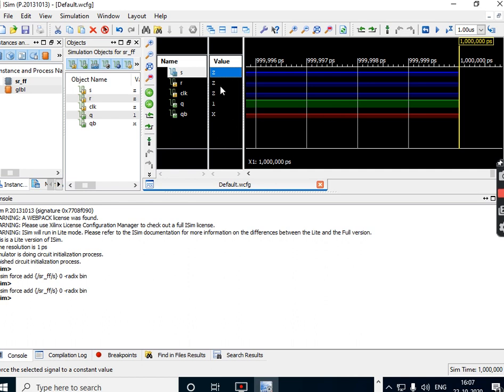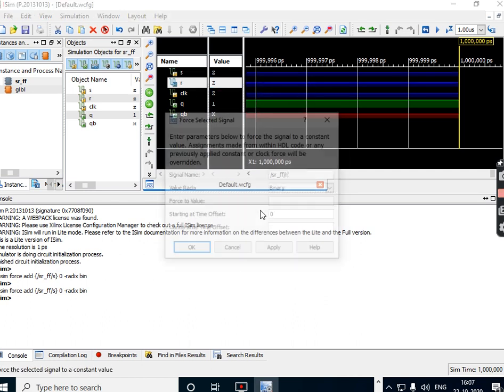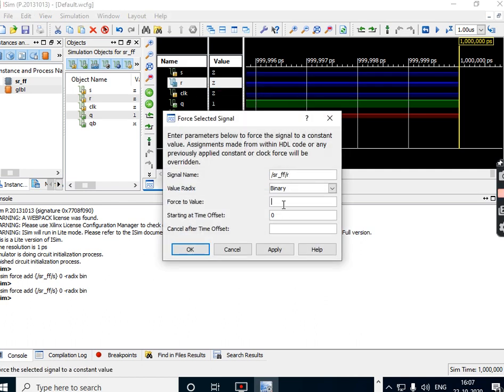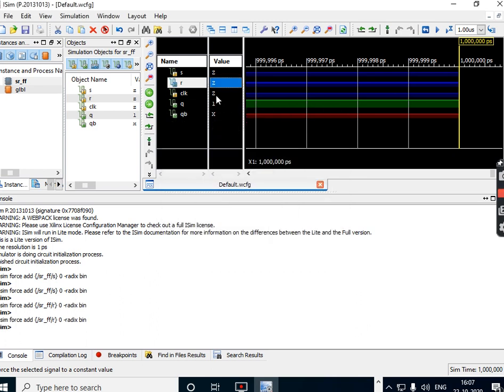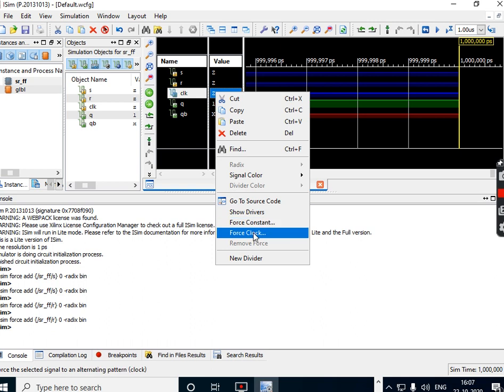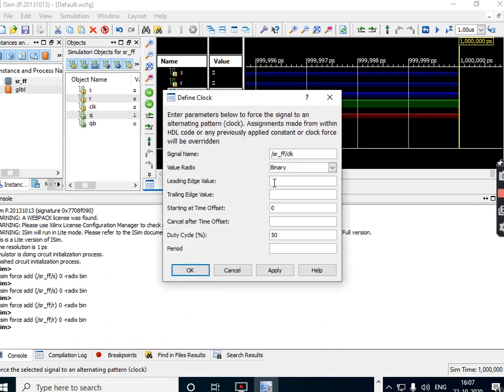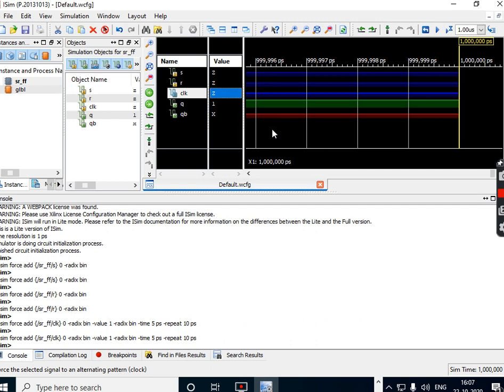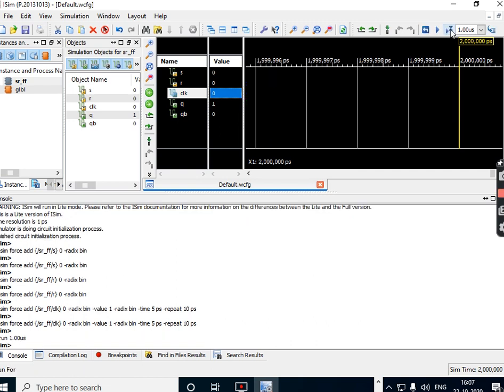R force constant, R also apply. So we go for 0. Okay, 1 0 we applied, correct? So clock, force clock 0, then trailing edge is 1. Let us take a clock of period 10 and apply, say okay, and I run the simulation.